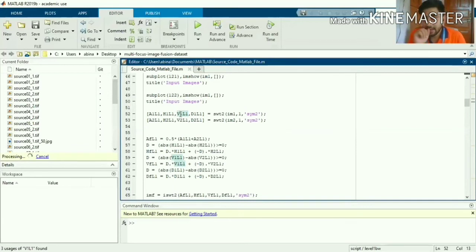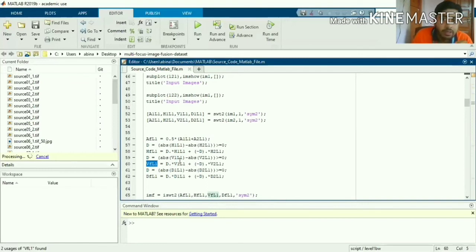And A1, L1 will have the approximate of that image. For each of these, we are applying the fusion operations component-wise. For approximation, we are applying averaging, and then this one for diagonal, this one for horizontal, and this one for vertical operation.